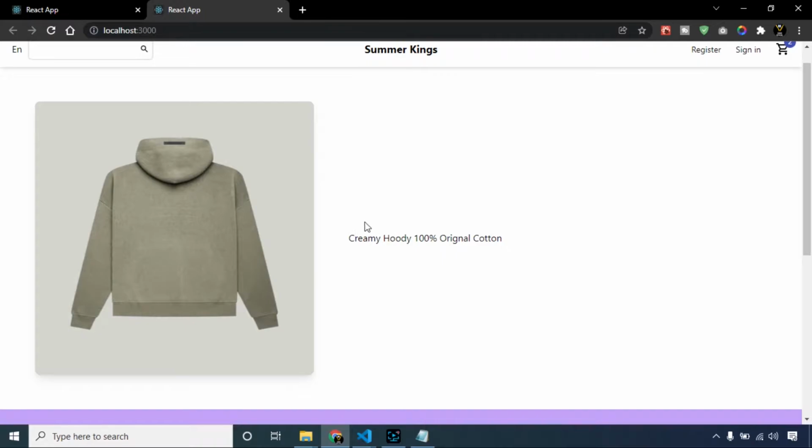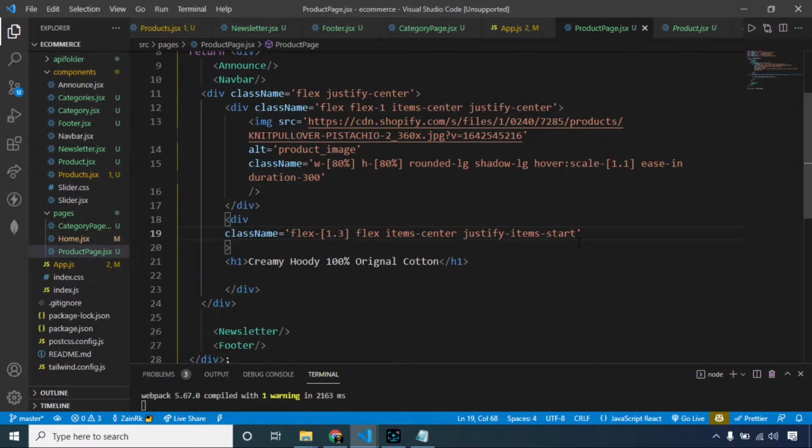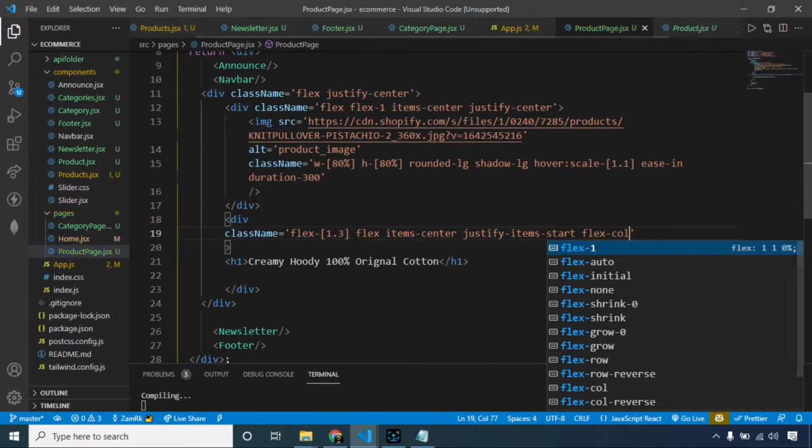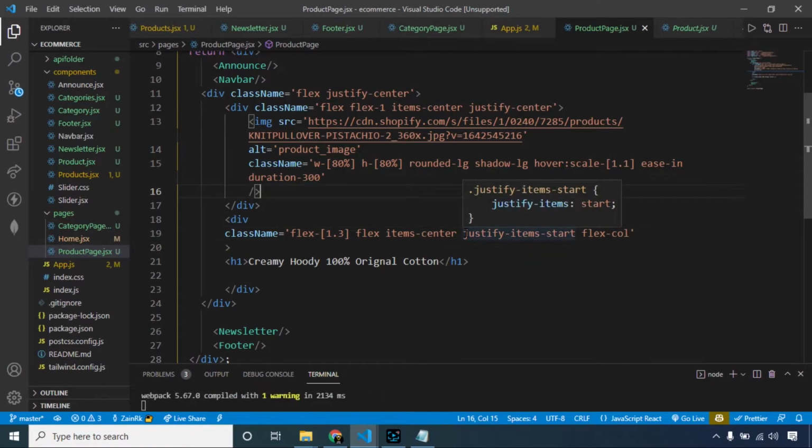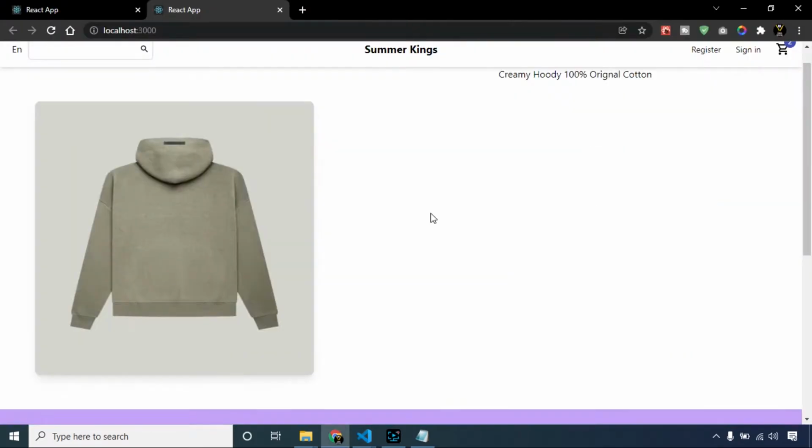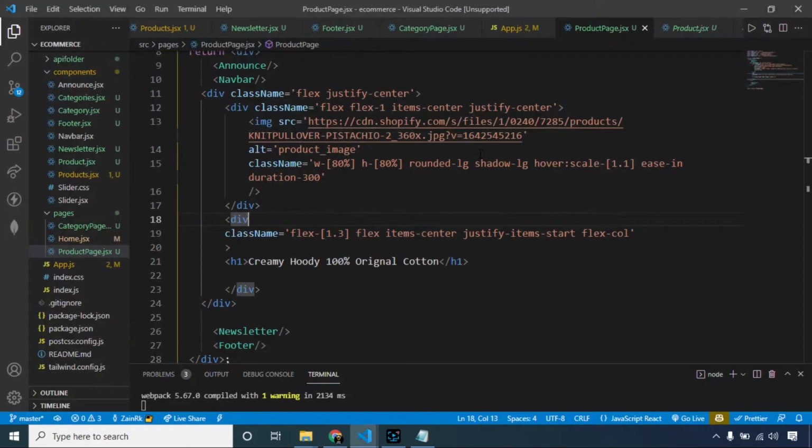Okay, our h1 tag is in the center of our div, but it should be at the top of the div. I will just make the flex direction column, as we have our items at the start of our flex, so it will make this correct. Okay, now it is at the top of our div.